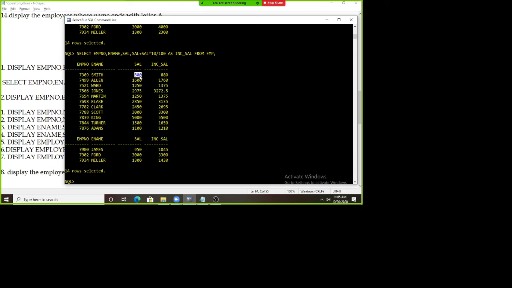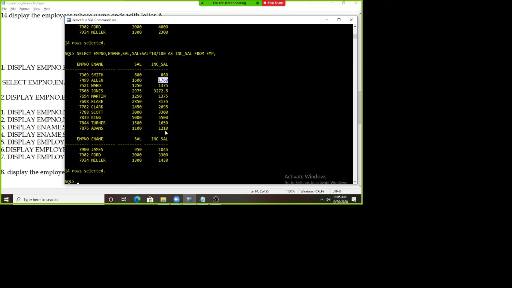Suppose now 800 is Smith's salary. If I increment it by 10%, it becomes 880. Now if I go for Allen's salary 1600, if I increment it by 10%, he is going to get 1760. So like that, based on the employees' old salary, we have incremented 10%.